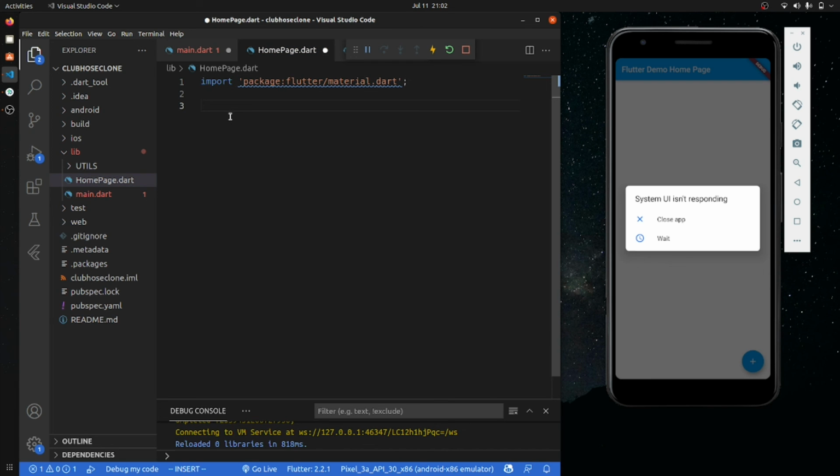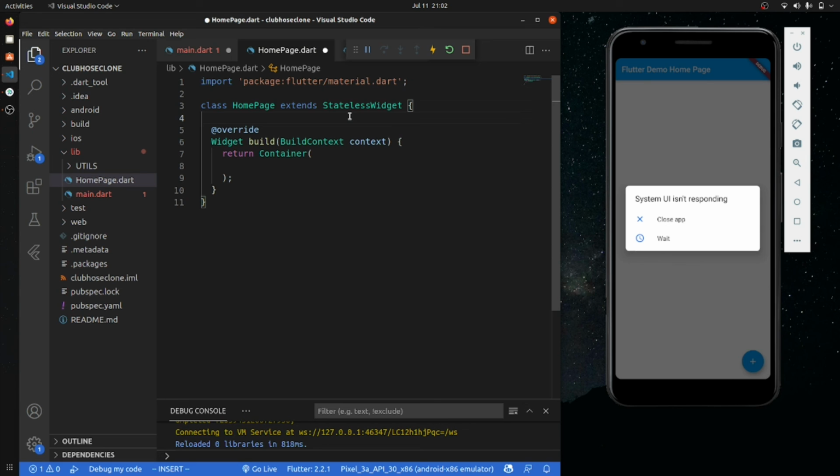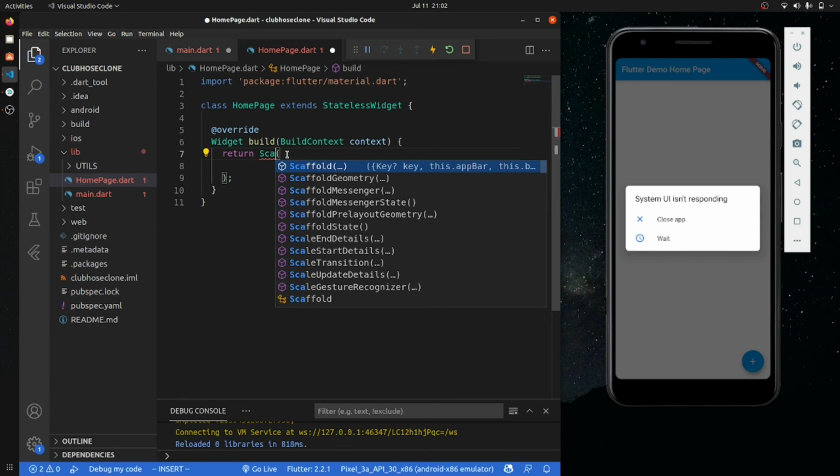And after this I'm gonna create a stateless class, and its name will be home page. Let's just remove this thing. Now inside this home page we will have to go with a scaffold, because we want that scaffold.